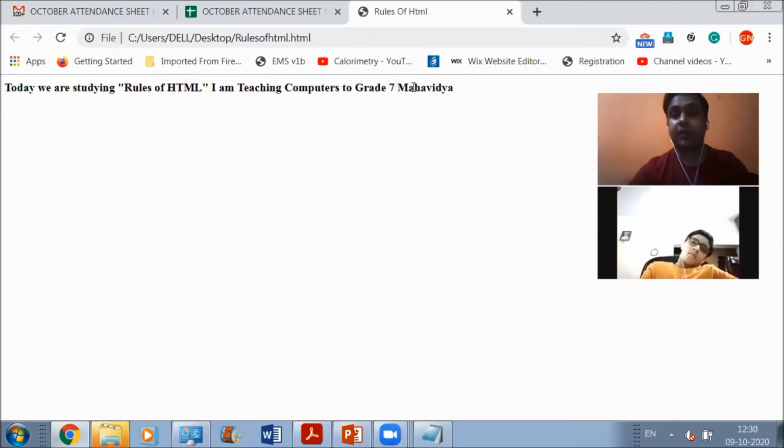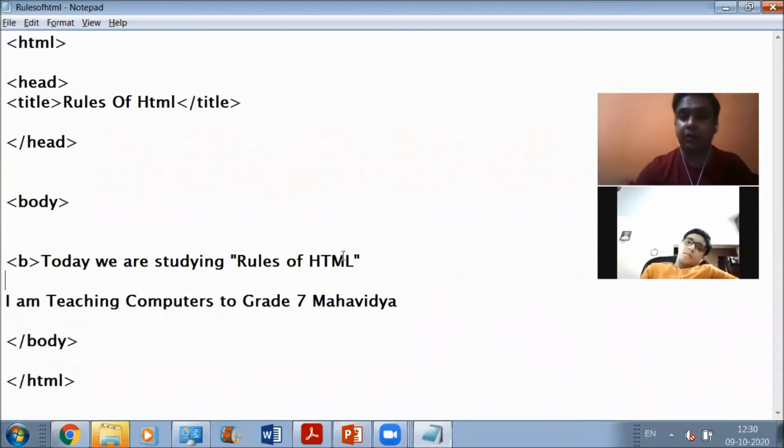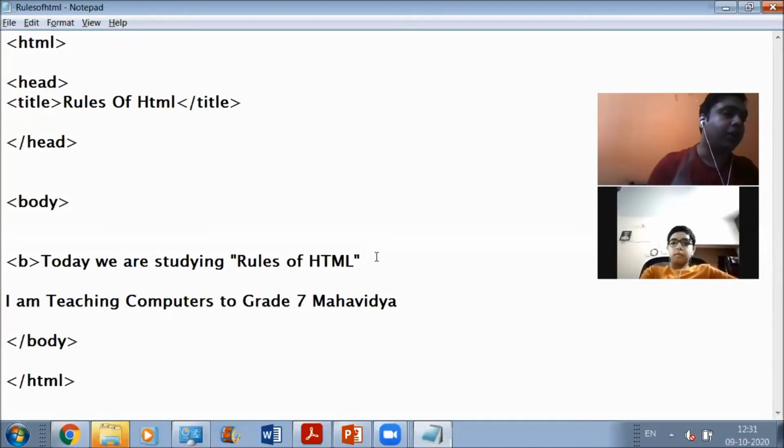So this is the error that you may come across if you do not define the off tag for a particular container tag. This is what point number 2 is saying. Container tag should always be closed, because an unclosed tag can lead to undesired results. Okay. Now let's come to the third point.